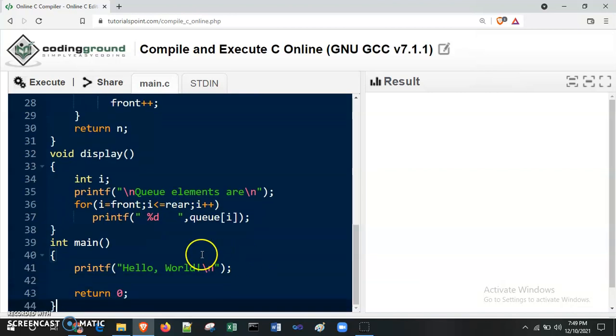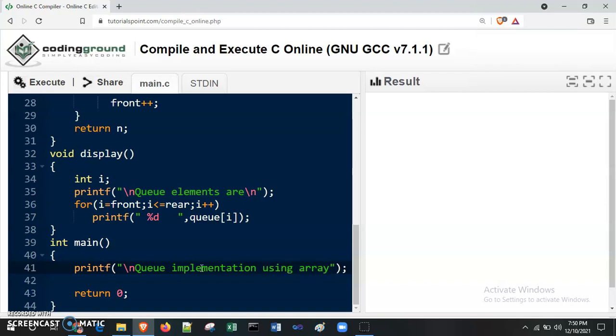Now we are almost done with all the functions. We only need to call all these functions inside main. So here I am writing Q implementation using array.